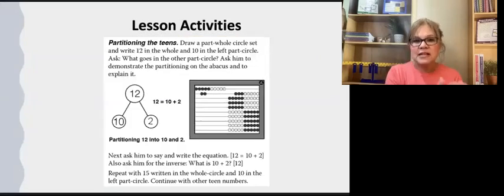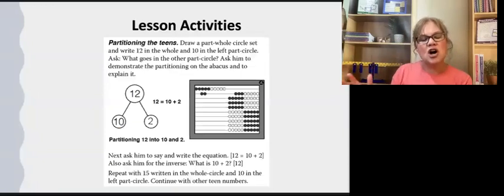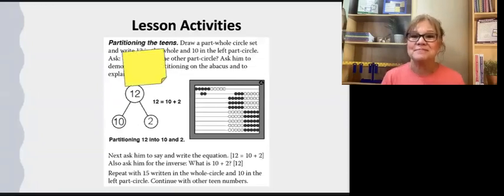Now, the next section, so we covered dozens in the lesson, and then the next section is going to talk about partitioning tens. Before I move into this new content, I am going to make sure my child is ready for new content. If I start to see my child starting to wear out, getting all wiggly, I am going to put a sticky note on this section. And then depending on the day, I'm going to return to this lesson later on in the day, or I'm going to start here the next day.